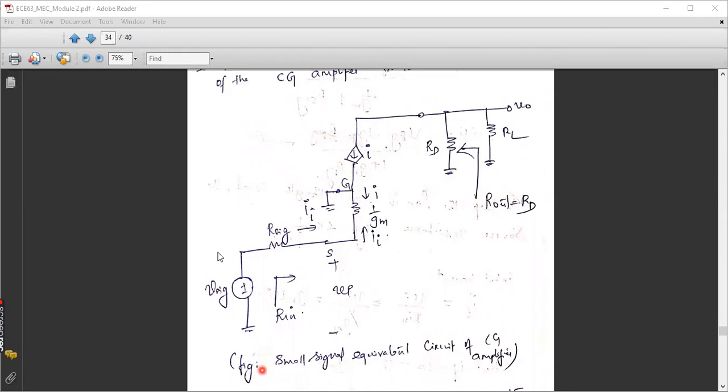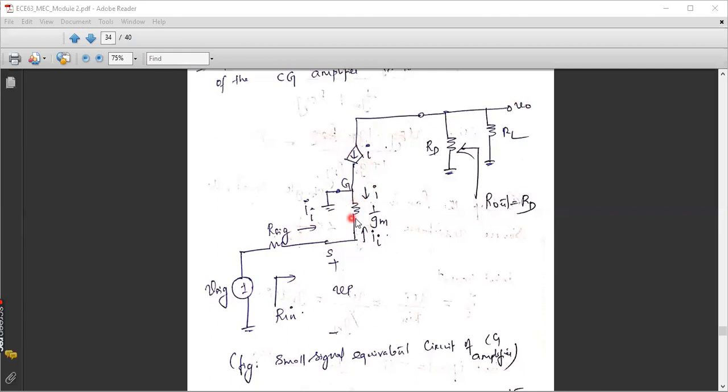So in the equivalent diagram, here also we have shown R in, then II. This same current IA will be flowing upwards, and here from the drain terminal we are having the constant current source smaller I. I mean not constant, the dependent current source I. That is again coming down,